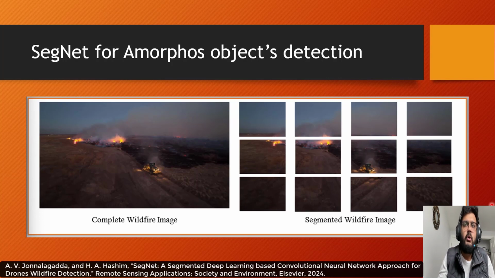Segmentation yields two positive outcomes. First, flames become a prominent feature in one of the sub-images, enhancing the algorithm's ability to detect flames and smoke for improved early wildfire detection. This can be seen in one of the segmented wildfire images. Second, processing speeds increase as the pixel size of the input image decreases, resulting in fewer computations compared to using the original image. When implementing this algorithm on a UAV drone with a 720p camera,